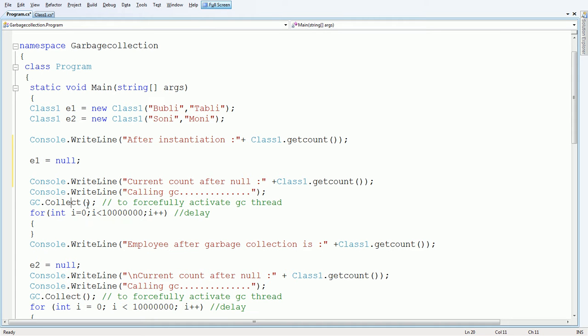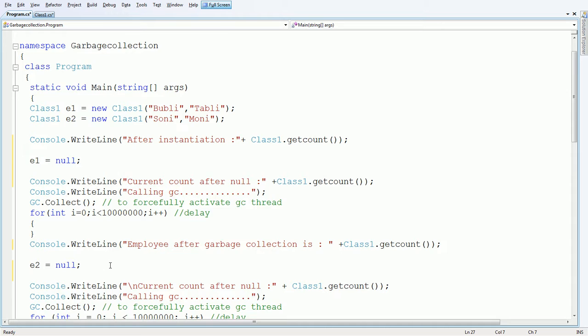Therefore, garbage collection is performed immediately and we get the perfect result. Now, after executing the collect method, let us see the current value of the counter. For example, here we have two objects. Therefore, the current value of the counter is 2, and after marking null it is also 2. But after successfully executing garbage collection, we got the value 1.